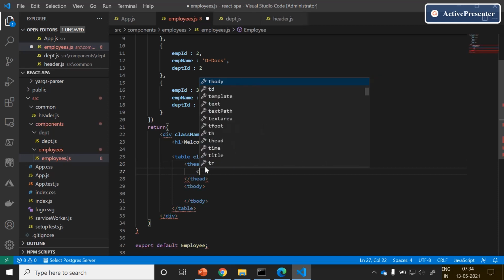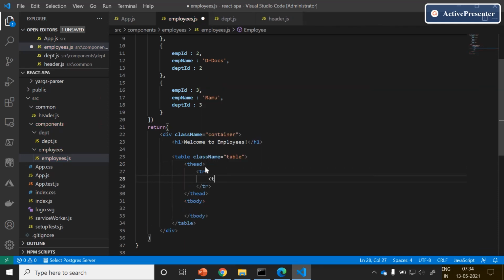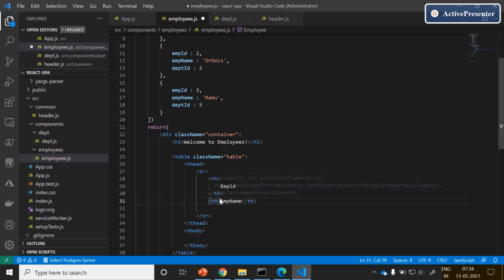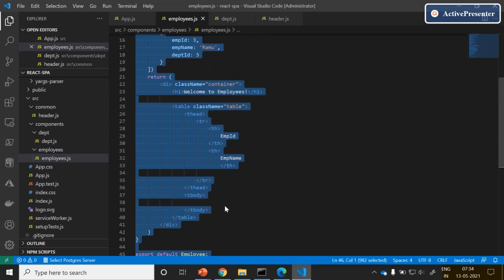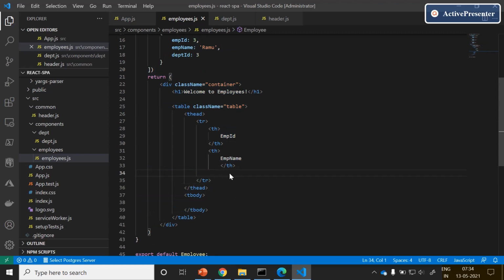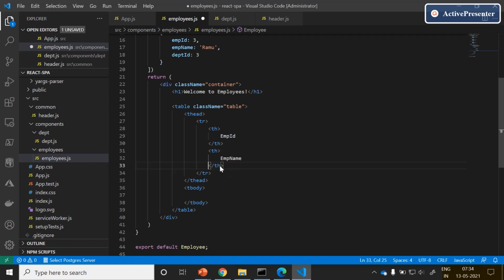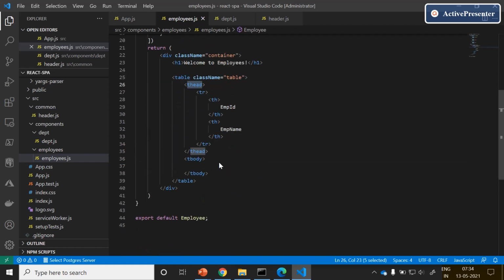Thead contains one row, one th to show the employee ID, one more th to show the employee name. Control A, Control K F. With this, we are done with the table head creation.